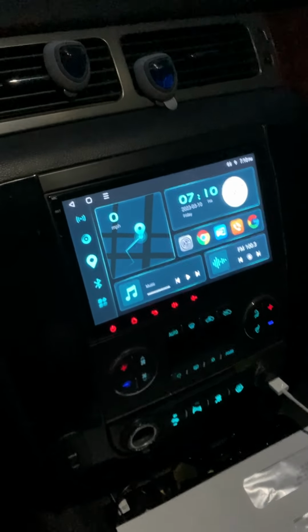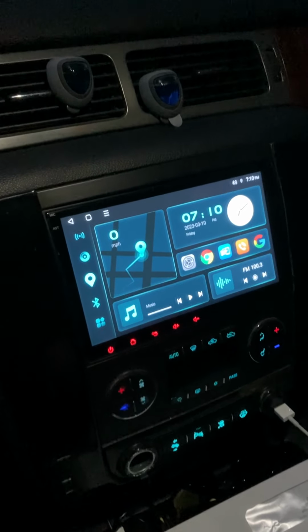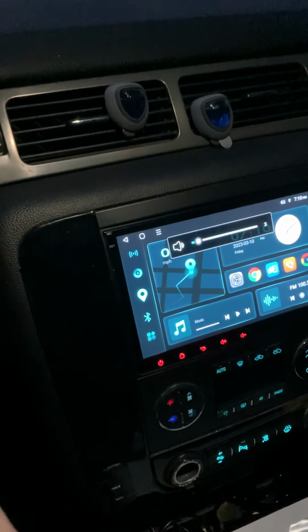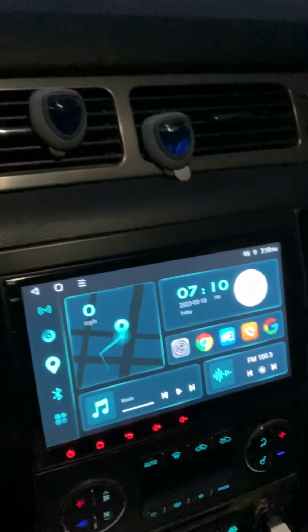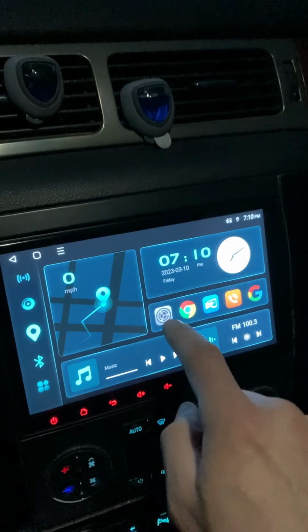Hey guys, I got this Eonon Q80pro installed in my 08 GMC Sierra, and I'm going to show you how I connected the steering wheel to where I can adjust the volume up and down just like that. I'm going to show you how I connected it. There's actually a setting you have to do that with the GMC models, and how you do that is go